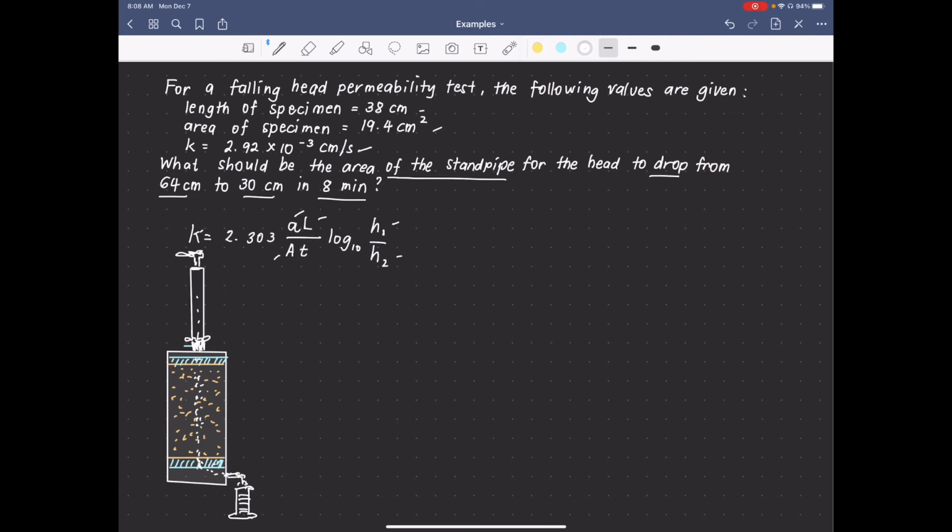The same. L is the length of our soil sample, which here is equivalent to 38 cm. The area of the specimen is 19.4, so this is our capital A, and then K is already given. Okay, if we look at our formula,